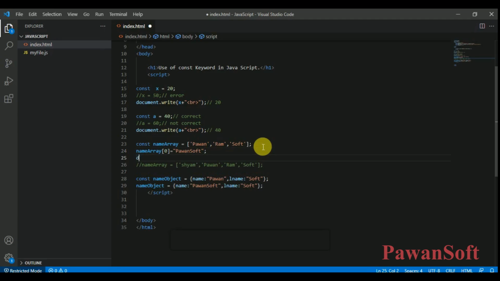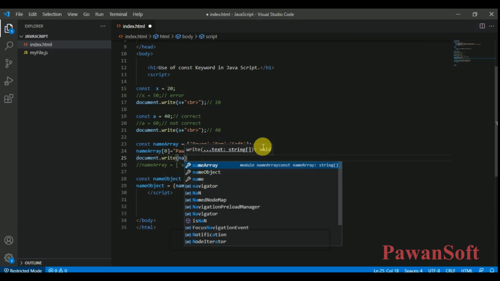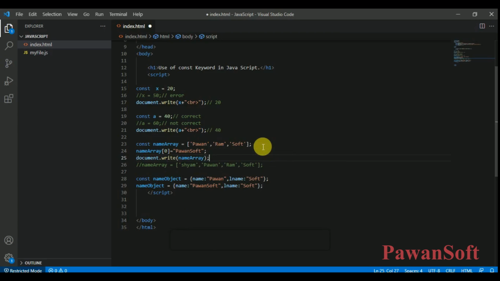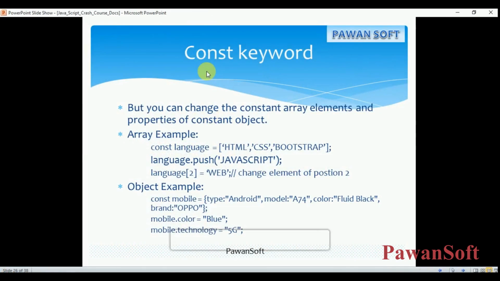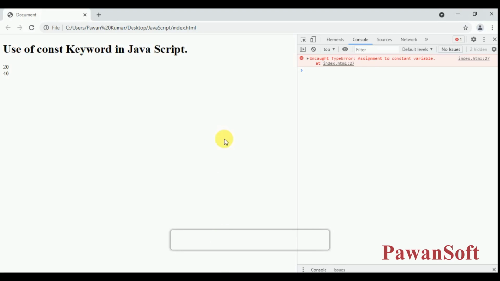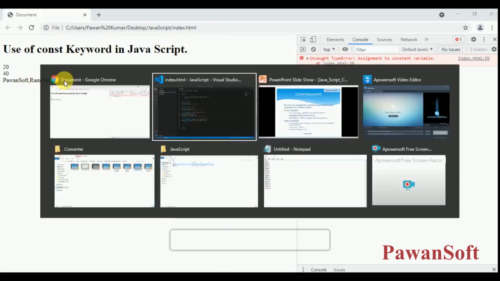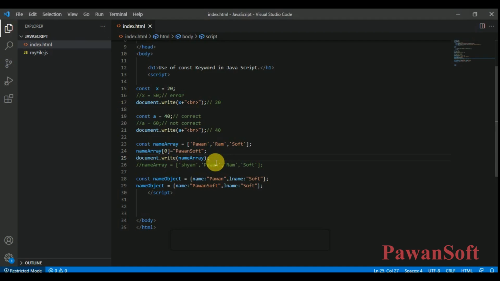When we print with document dot write name array, it will give you Pawan soft, Ram, soft. Basically this is changing the value.